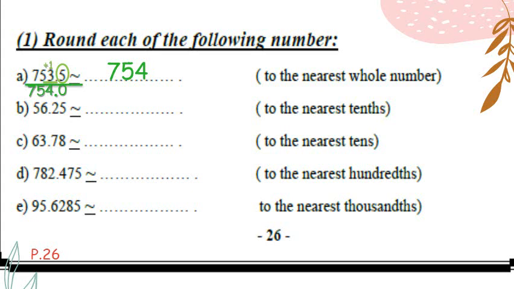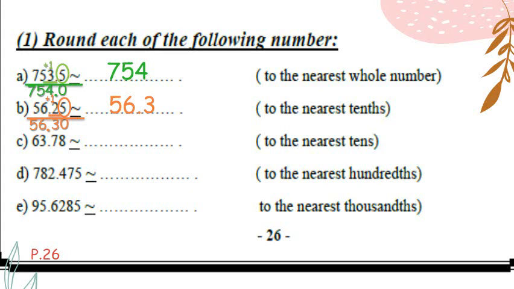Okay. Letter B, here I have 56.25 to the nearest tenth. Okay, which digit is under tenth? 2, so underline 2 and circle next door. 5, weak or strong? 5 is strong, so I add 1 to 2 and close the door. Starting from the circled digit to the right, turn to 0. So 5 is going to be 0. 1 plus 2 equals 3. Decimal point. 6, keep it as it is. 5, keep it as it is. So the final answer is